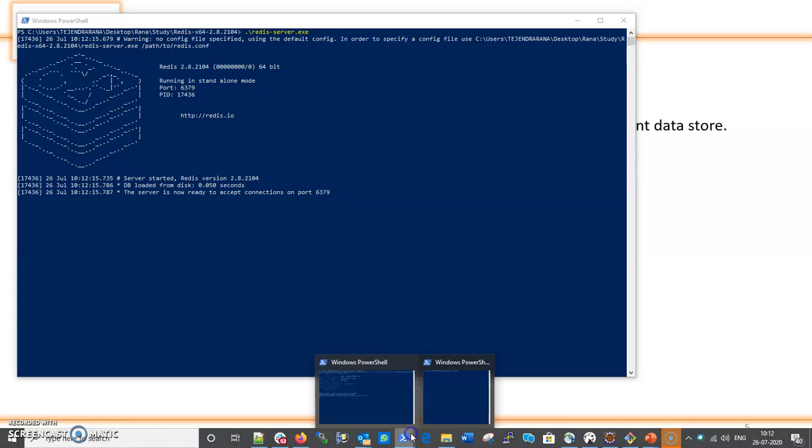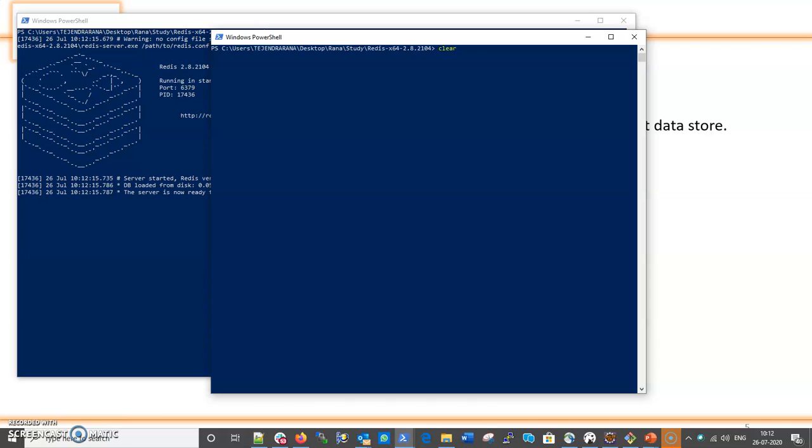Let me also open the CLI of that Redis server. This is the Redis CLI command. Now I am inside the Redis server. Let me give the monitor command so that we can see what is happening over there. So currently we are in monitor mode. Once we store a session, you can see that the session is being stored, all on this screen.